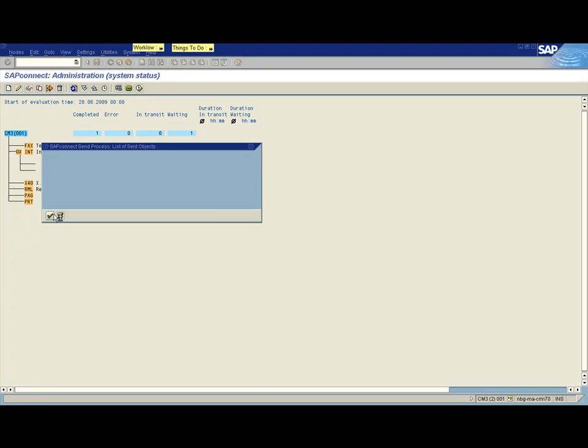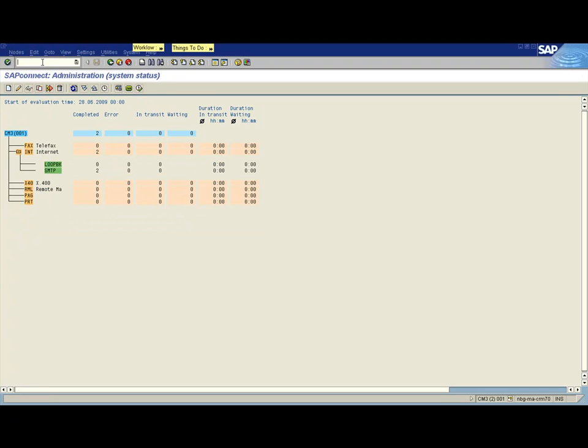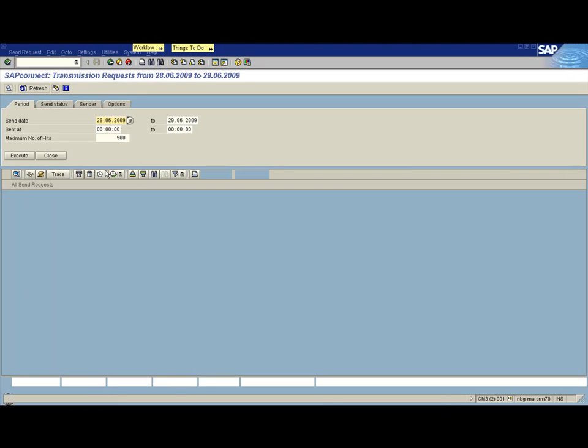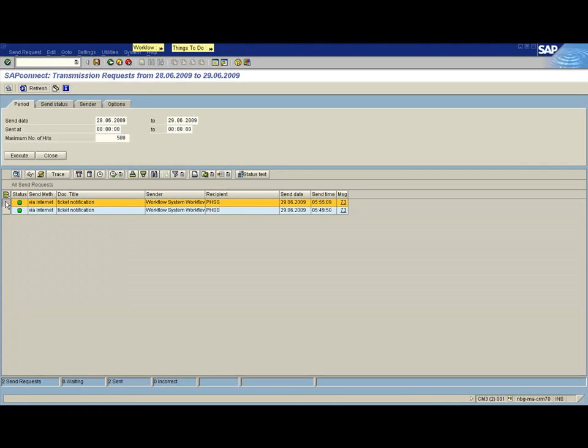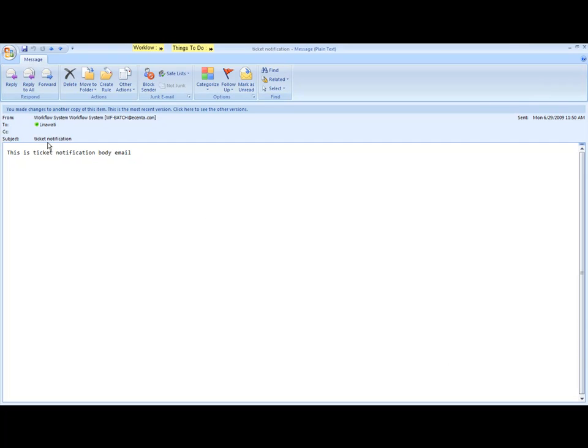email to my Outbox email, and you can see in SOST the transaction history of the email that was already transmitted, or maybe you can see this one email sent by the workflow, and you also can see it in your Outbox email.